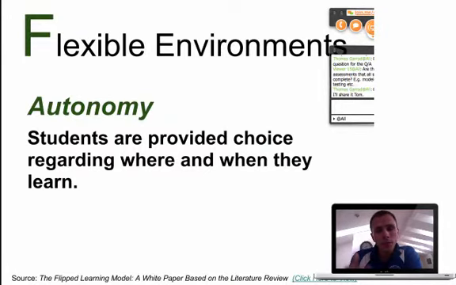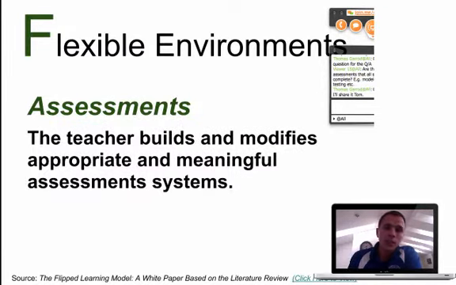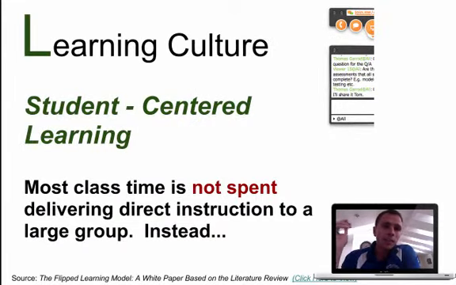Autonomy, flexible environments. I talked about this a little bit in my own class, but you provide choice regarding when and where they learn the material. Assessments, again, I already built that into my class, but you have flexible assessments that you modify depending upon what your students need. The second, the L in FLIP, stands for learning culture,